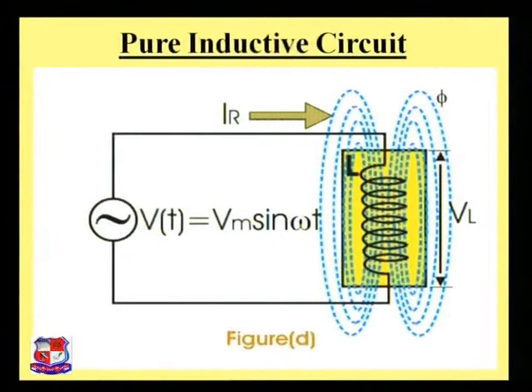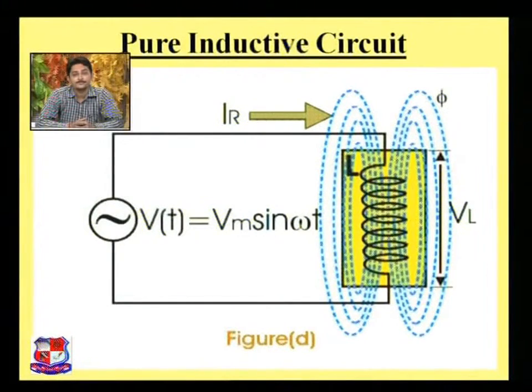The source induced EMF is V of t equals Vm sin omega t. It means that it is a sinusoidal component, which is an alternating quantity. IL is the current flowing through that coil. The voltage generated in that coil is known as VL. VL is the induced